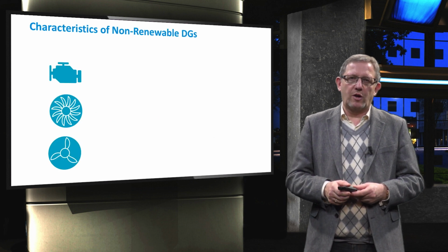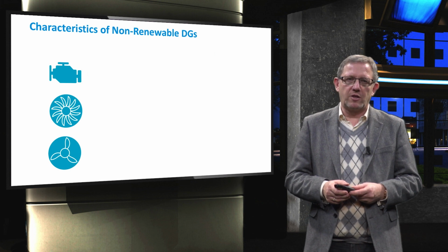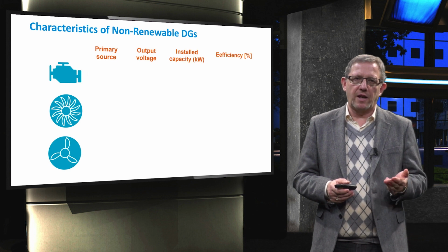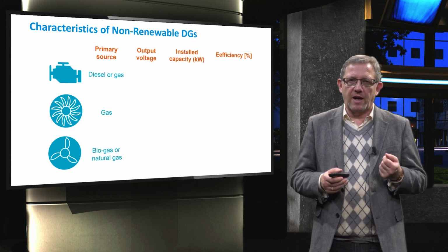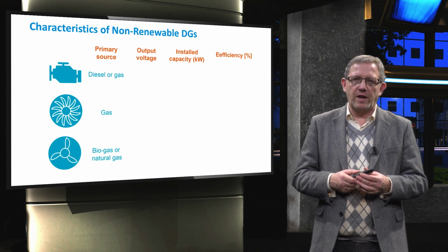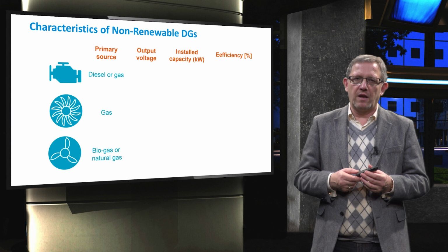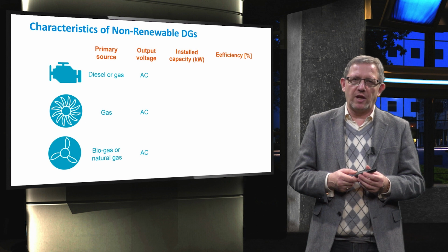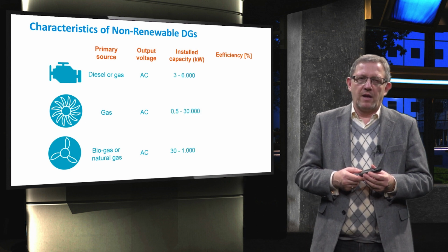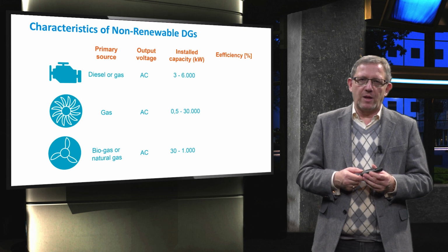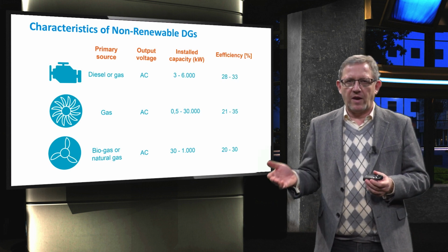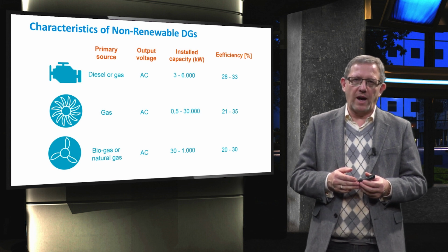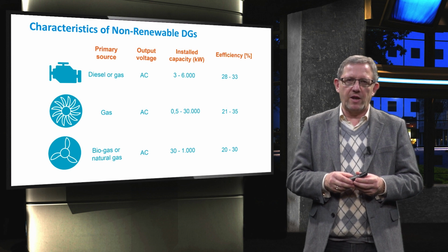In this slide, we compare the three previously introduced technologies in terms of primary source, output voltage, installed capacity, and electrical efficiency. Diesel and gas are the primary sources of reciprocating and gas engines. All these three generators are operated with AC output voltage and could reach an installed capacity of 30 megawatt. Their electrical efficiency, which depends on the operating point, has a value approximately between 20 and 35%. Note that if gas turbines are used for combined heat and power applications, then they may reach up to 80%